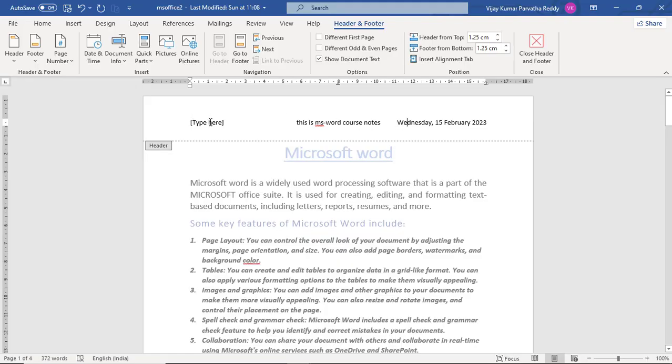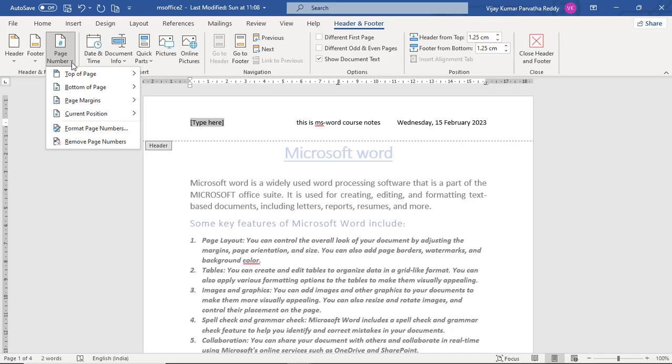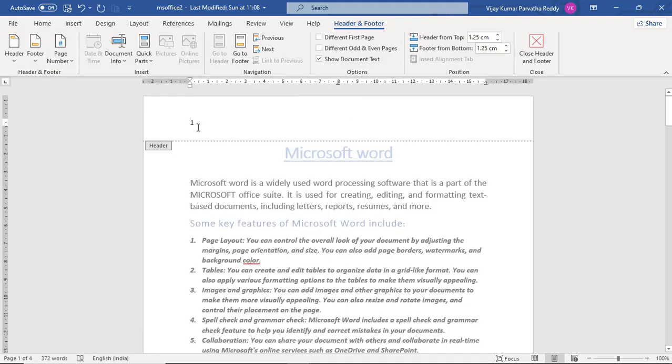And suppose in this area I am going to insert a page number. Here it is asking where you want the page number. See, page number, top of page here. So, if you insert the page number this way, it replaces the header sections, everything. So, I am pressing Ctrl Z. Okay.